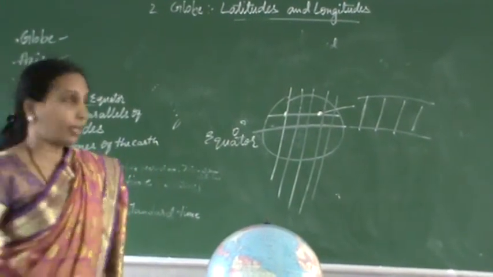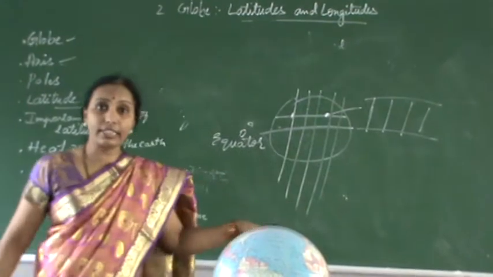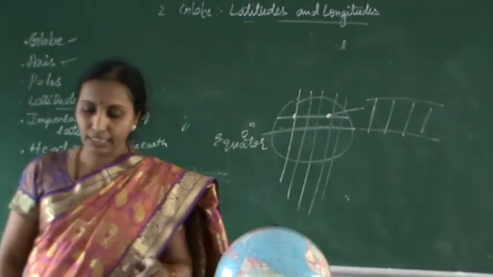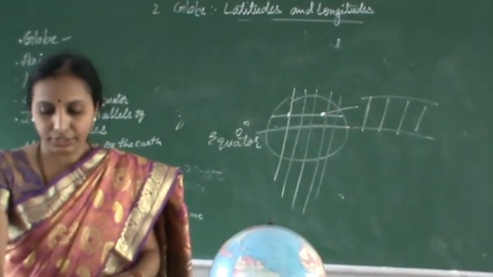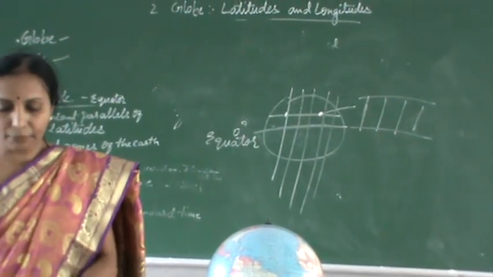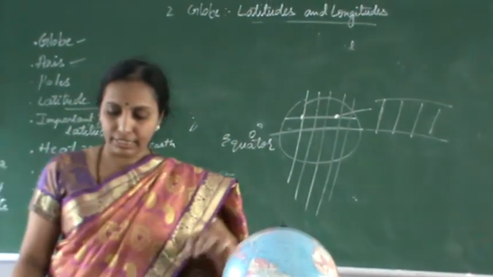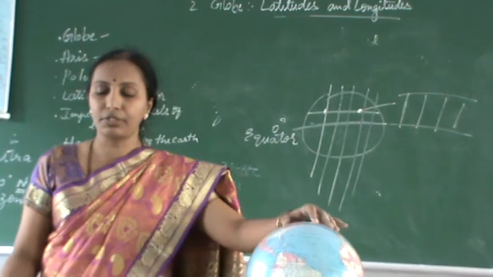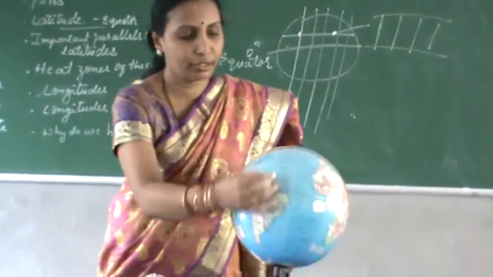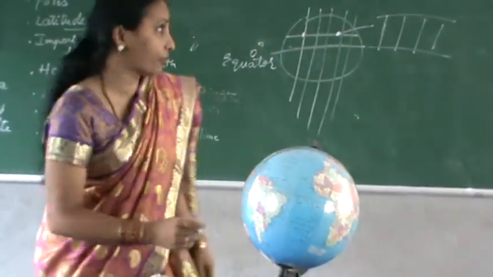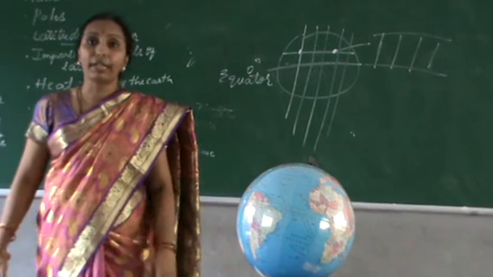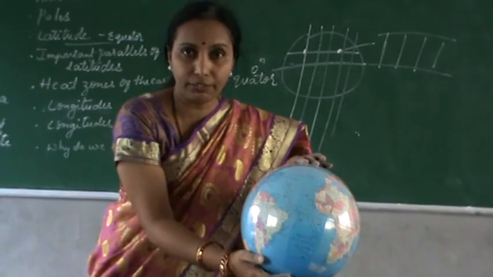Distance between them is measured in degrees, and these degrees are measured in minutes, and these minutes in seconds. Once again I am repeating, underline this: each degree is further divided into minutes and minutes into seconds. They are semicircular lines. The distance between the degrees decreases steadily polewards until it becomes zero at the poles where all the meridians meet. Can you see these lines? These are the imaginary longitudes, also called meridians. Their length is equal.